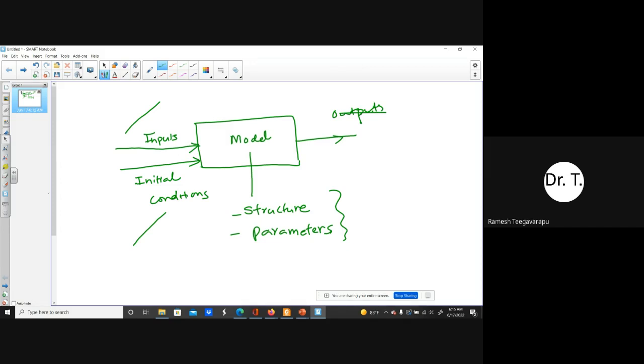But the structural uncertainty is most of the time resolved because we know what type of model we are applying. We know what the capabilities of the model are. We know whether the model can process a particular input or parameters, or whether it can represent the processes which are happening within a watershed or within any domain clearly without any problem. So the next uncertainty comes from the parameter uncertainty.